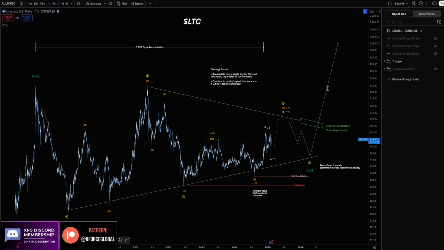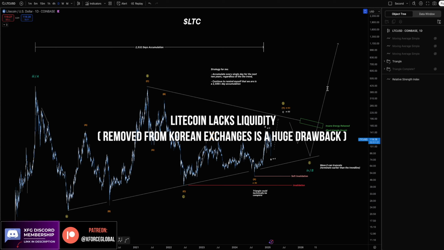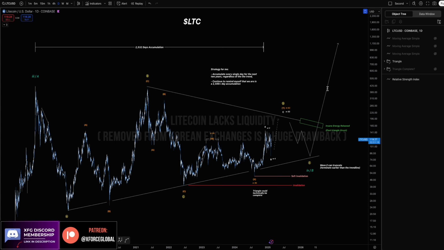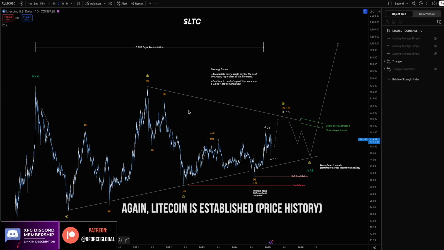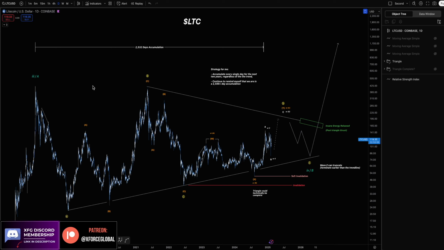I think XRP had one thing that Litecoin doesn't have right now, which is the liquidity. For example, the Korean markets, where they own about 16% of the market cap alone, was one of the biggest contributions in terms of how XRP could have done the continuation of a breakout. But in my opinion, not only does Litecoin fit into the same category of being a dino coin as XRP, meaning that Litecoin falls into an older, more established altcoin market, it is portraying pretty much identical behavior of creating these 3 waves like we saw for XRP.